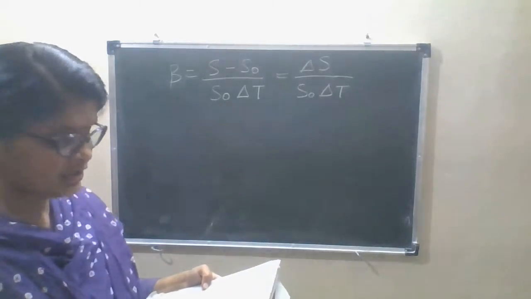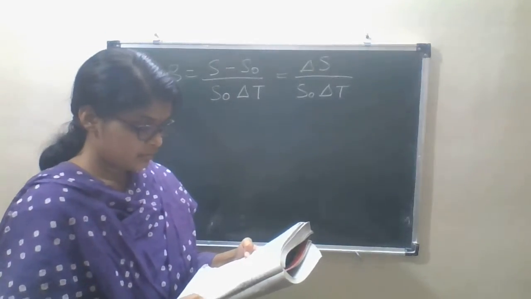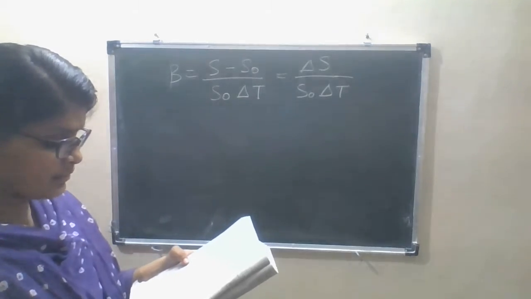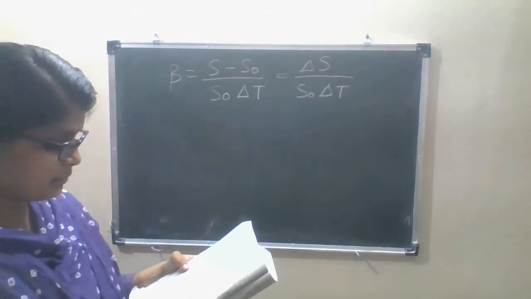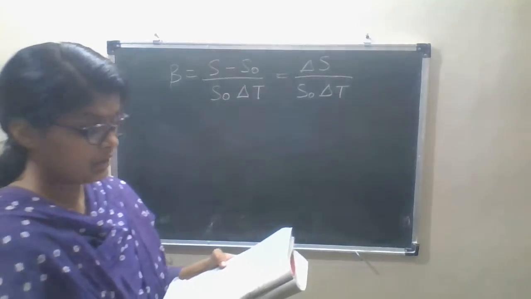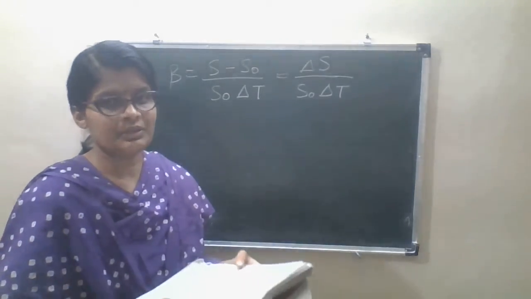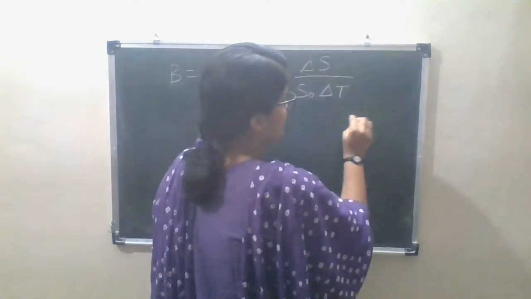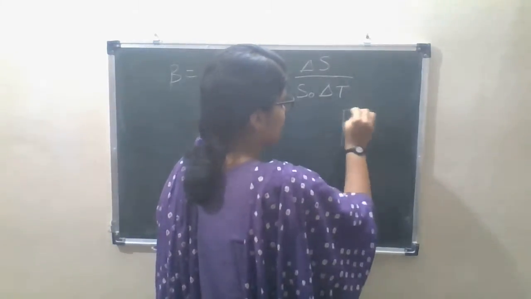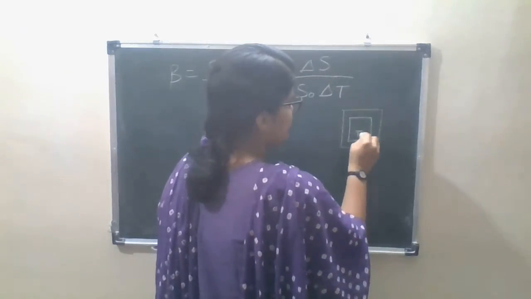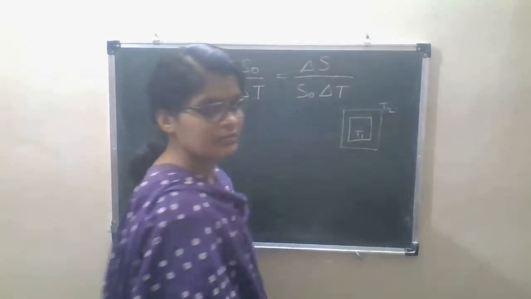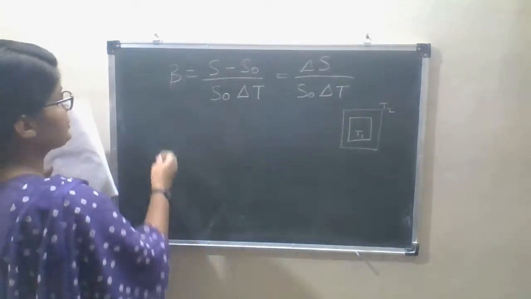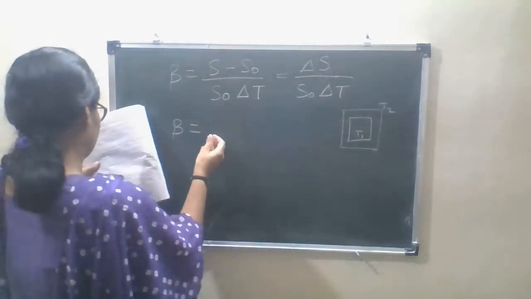The SI unit of beta is K inverse, but one thing is changed here. If S1 and S2 are the two surfaces of a solid sheet, then T1 and T2 are the respective temperatures for them, as here two areas were there. They have their respective temperatures. So the equation is going to change here, and what is the change in the equation? That is beta equals